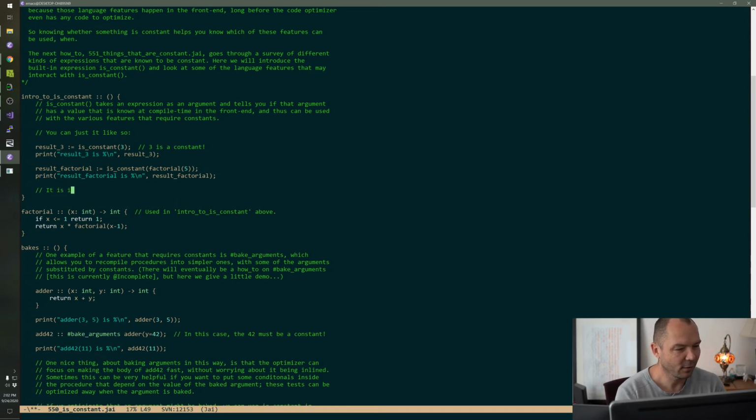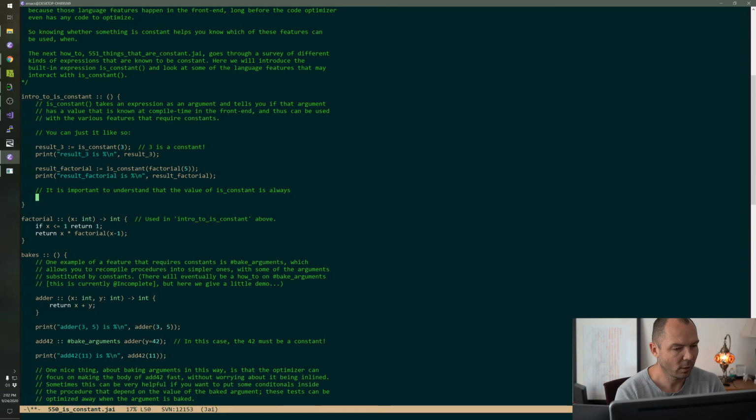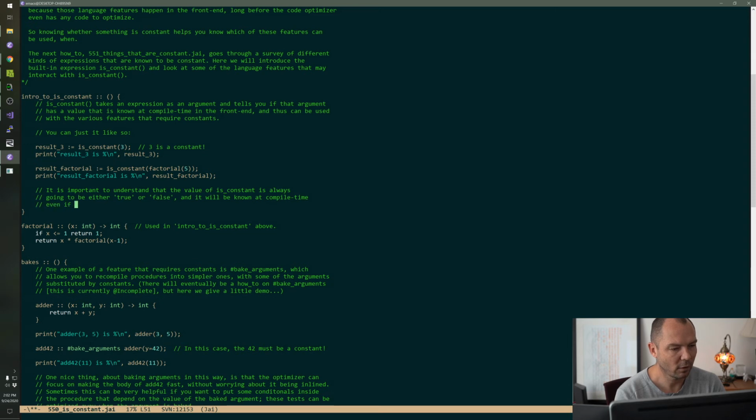It is important to understand that the value of is constant is always going to be either true or false, and it will be known at compile time even if the argument is not constant. That's a good point. I was going to say that and then I forgot.